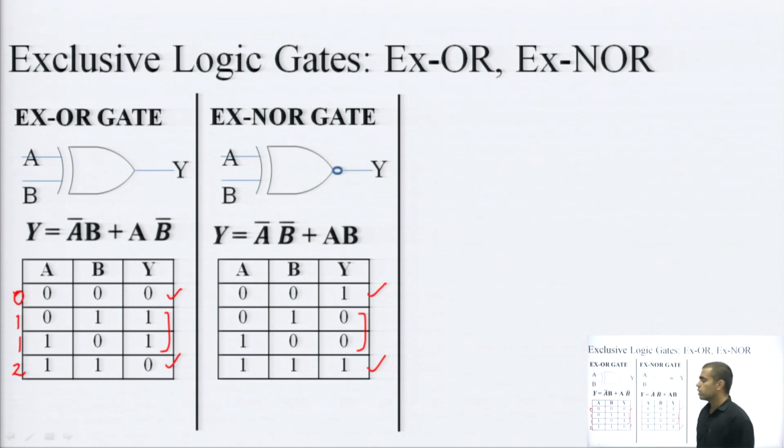Similarly, this XNOR is the complemented version of your XOR gate, in which there will be a high output if the number of ones is even. So, these are the symbols for the XOR gate and XNOR gate, and these are the expressions for these XOR and XNOR gates. So, these are the gates. We have covered Boolean laws, and then we have covered the logic gates.